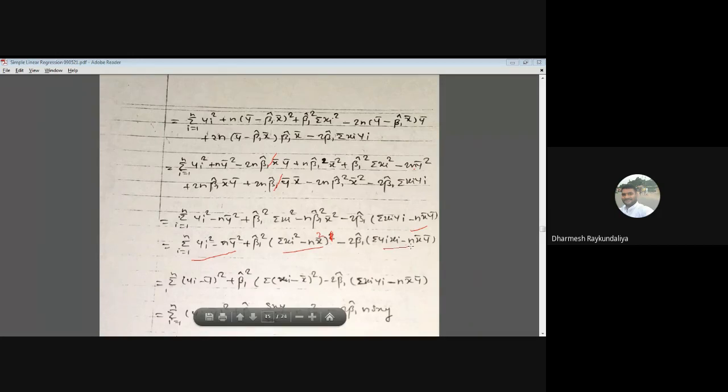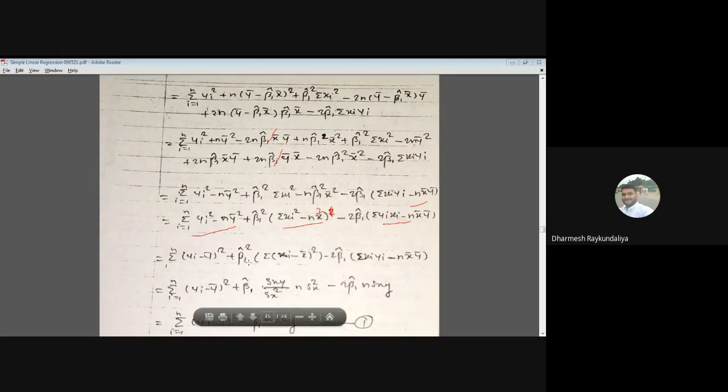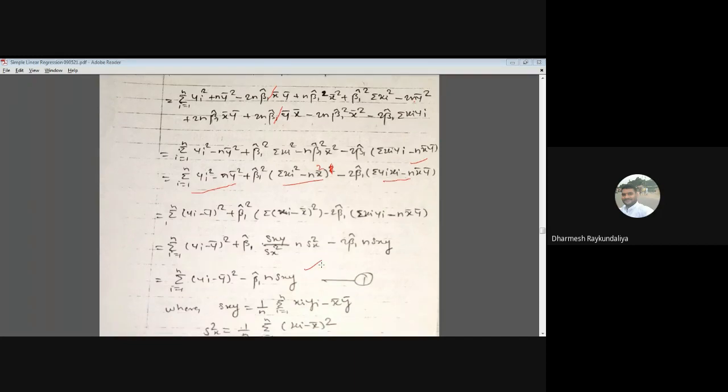ये क्या है, it is a covariance between xi and yi, so we can write summation yi square plus beta 1 cap square, this is a sx square minus, माइनस क्या आएगा, माइनस दिस इज ए 2 बीटा 1 n x बार n x y, ठीक है, अब बीटा 1 के जगह पे क्या लिख सकते हैं, एस एक्स वाई अपॉन एस एक्स स्क्वायर, तो ये कैंसिल आउट हो जाएगा इसके साथ, तो क्या बचेगा समेशन वाई आई कैप स्क्वायर एन टाइम बीटा 1 कैप एस एक्स स्क्वायर। यहाँ पे क्या है 2 टाइम, सॉरी एस एक्स वाई, यहाँ 2 टाइम है, तो +1 -2, तो इट इज ए 1 टाइम, तो दिस इज ए summation yi minus y bar square minus beta 1 cap and xy.